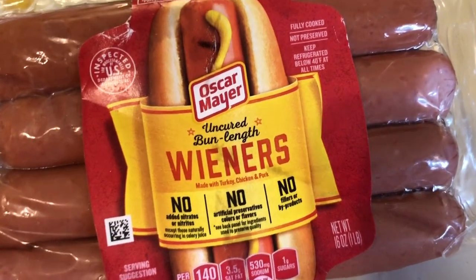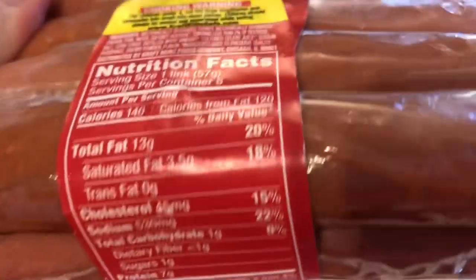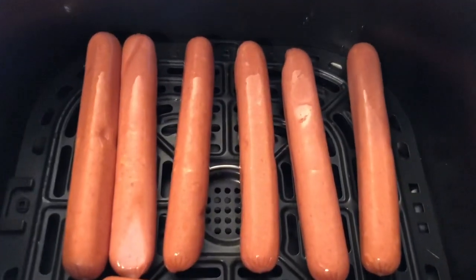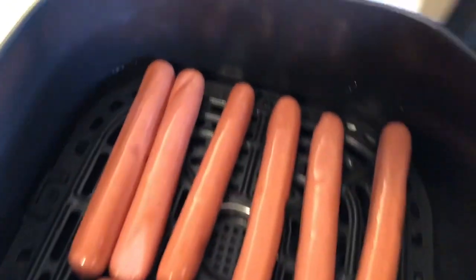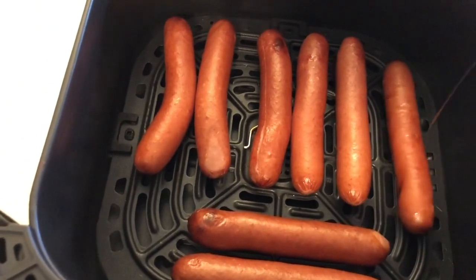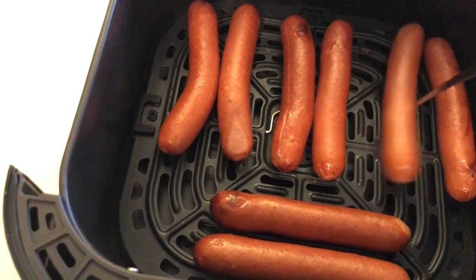While that boiled down, I went ahead and made the hot dogs. I made the hot dogs in the air fryer. These probably are not the cleanest hot dogs to use, but I had them in my freezer and I wanted to use them up, and there's only 1 carb in these. So I just added these to the air fryer. I put my air fryer on 400 degrees, and then I cooked them for around 6 minutes. I did flip them and I cooked them again for just a couple more minutes